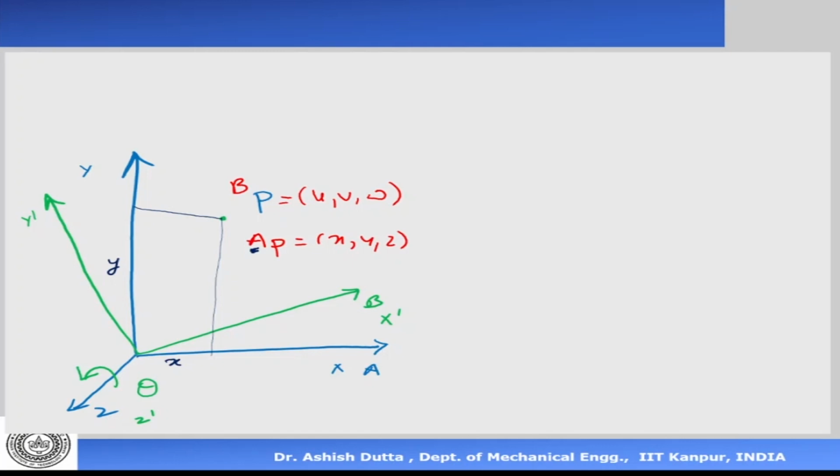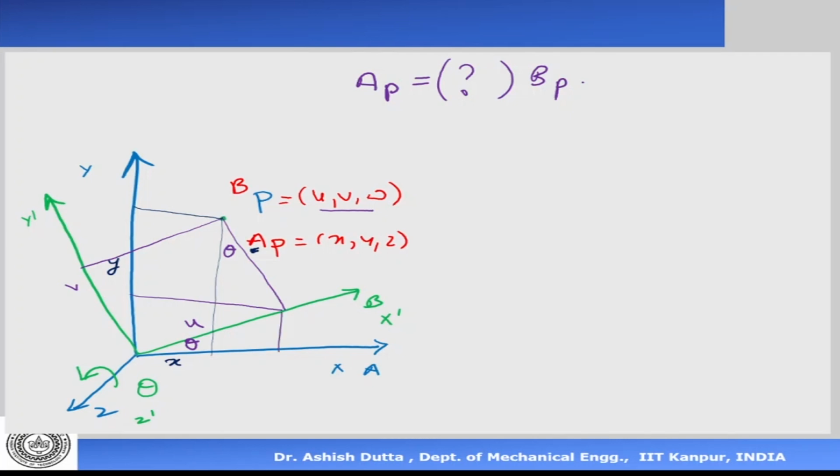Now, what is the meaning of BP? It means the coordinates of the point P, U, V, W, are expressed with reference to frame B. So with reference to frame B, this is my U, and that is my V. Okay. So I want to find the relation between the frames. So for AP, what is the matrix which relates the point P expressed with reference to frame A to that in terms of frame B? Okay. So this is what I want to find out, and this is what is called the rotation matrix. So from geometry, we make this very simple construction here. We find that this angle is theta and this angle is also theta.